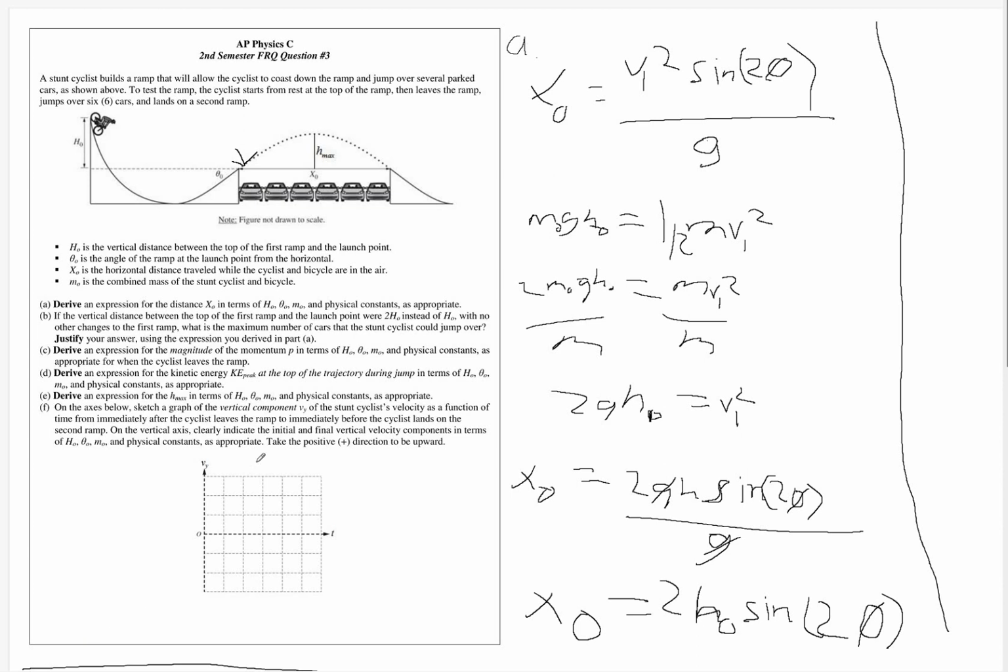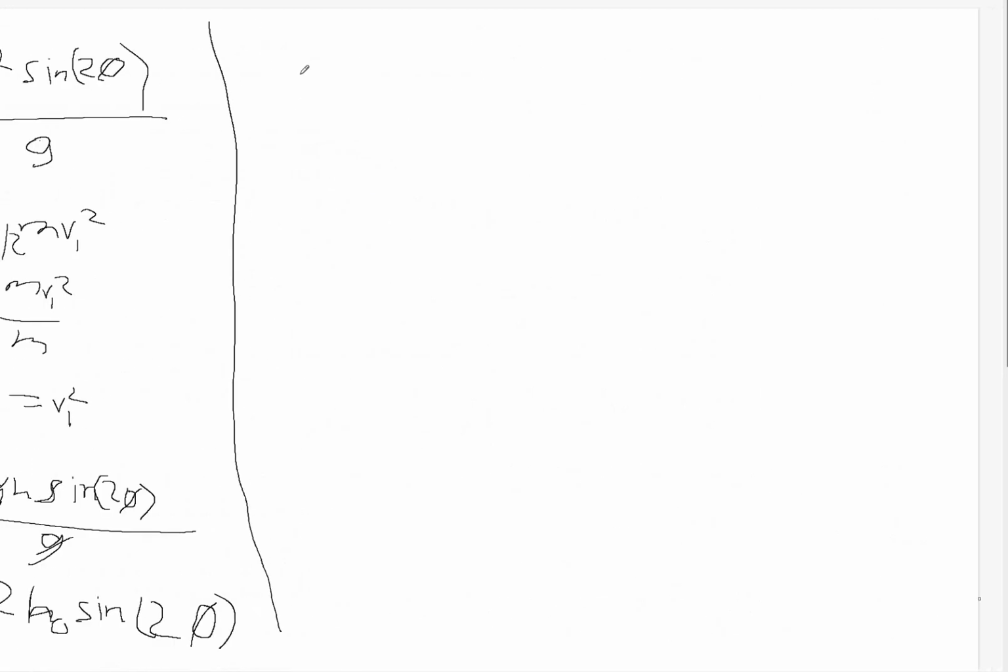Alright, part D asks, derive an expression for kinetic energy at the peak, at the top of the trajectory during the jump, in terms of h naught, theta, and m, physical constraints as appropriate. Okay, so it asks for the kinetic energy at the peak. So we know that kinetic energy at the peak is equal to 1/2 m v squared. So we know at the peak